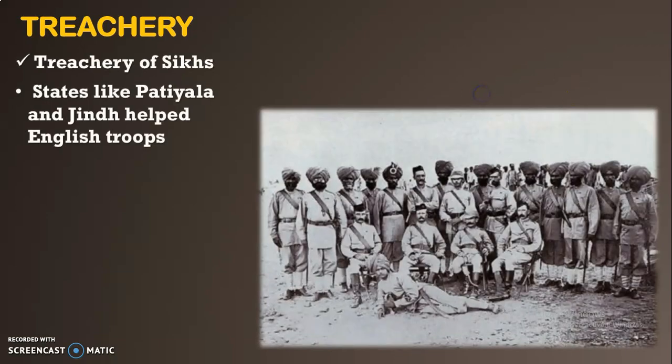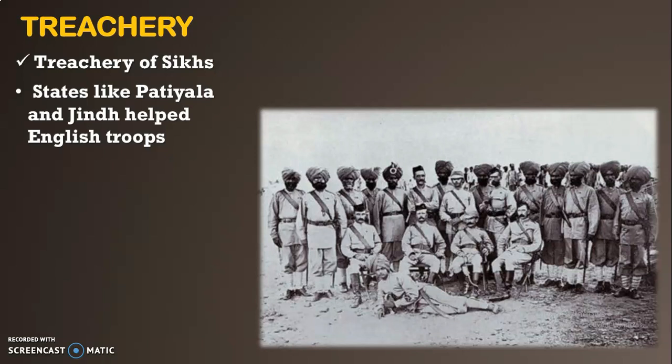Well viewers, here we have the very last paragraph of this topic of the failure of the War of Independence, that is the treachery of the different people because of which the War of Independence failed for Indians in 1857. Let's see what points we have over here. Number one we have is the treachery of Sikhs. Well, this was another major reason that the Sikhs, who had been grudgingly fighting against Muslims for a long time, the East India Company took advantage of this feeling of antipathy and aroused them